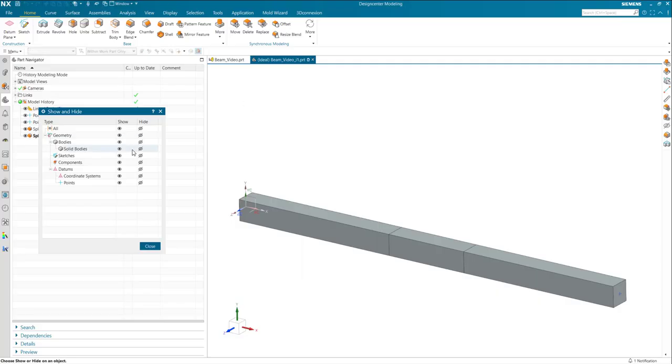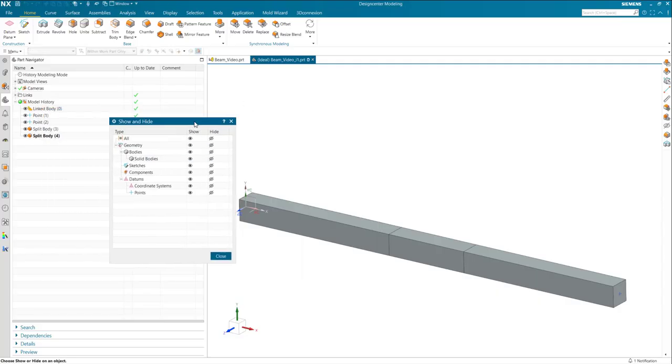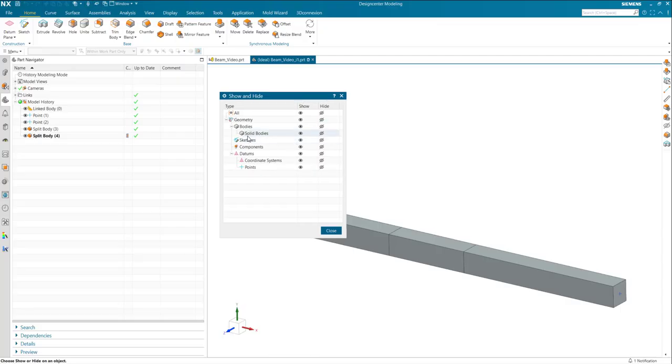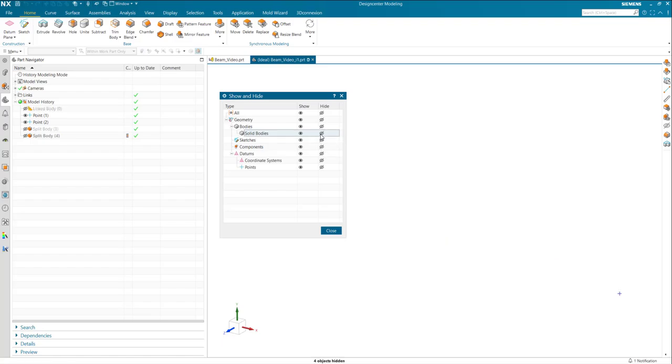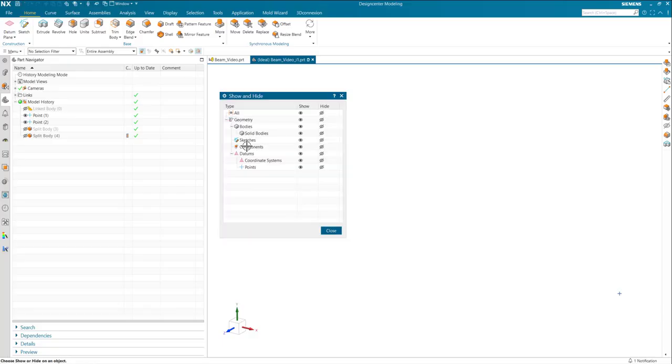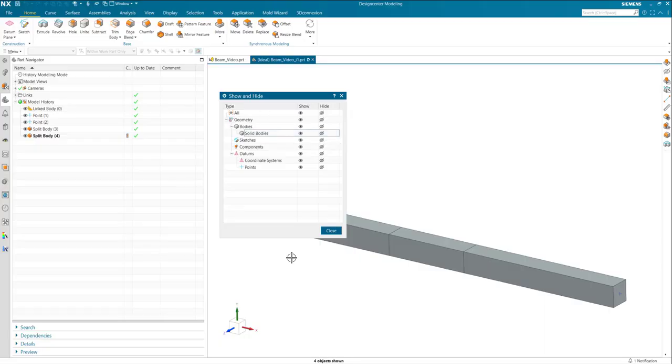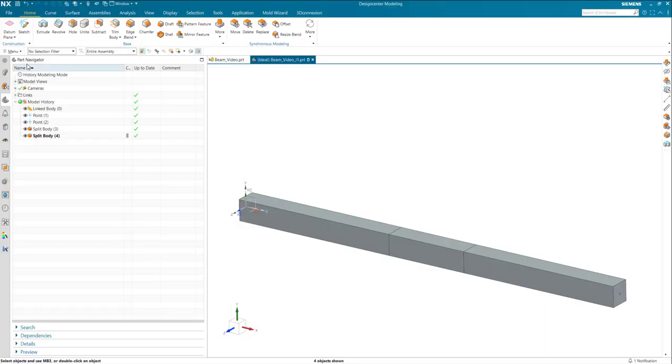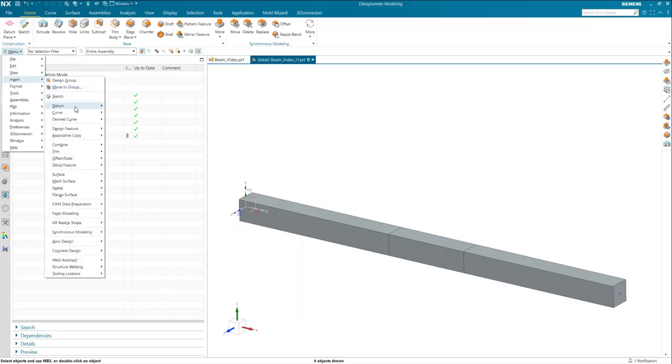So for that, I'm going to turn off the solid body. So I hit Control W and it brings up this menu here. I hide the solid bodies, but you can see I still have points. Wait a second. Let me create, let's turn that back on. Let's create those points at the split points. So let's create insert datum point